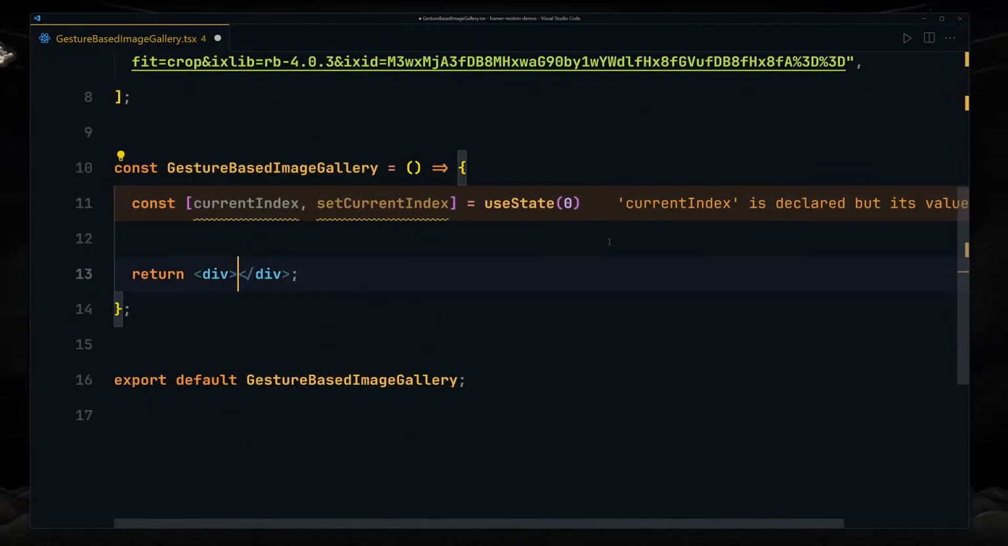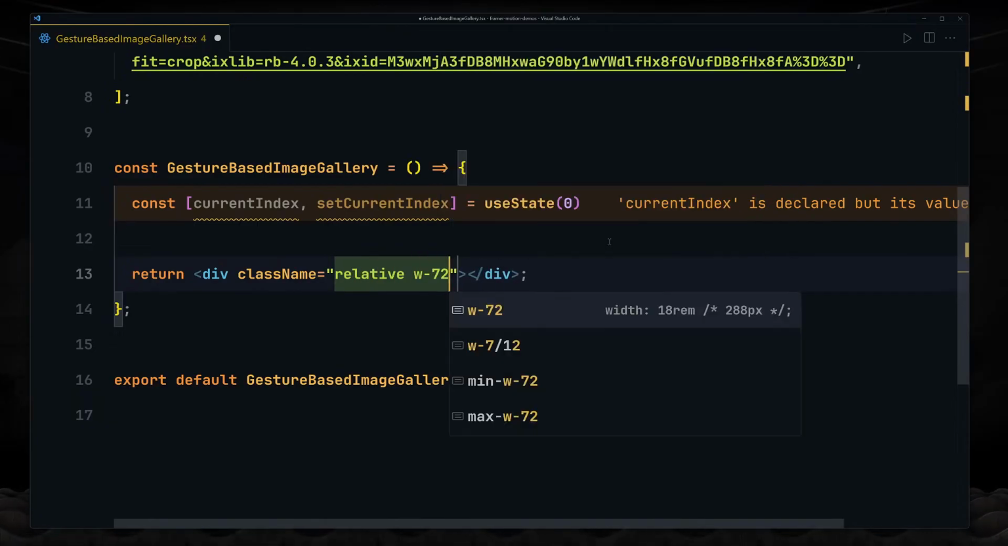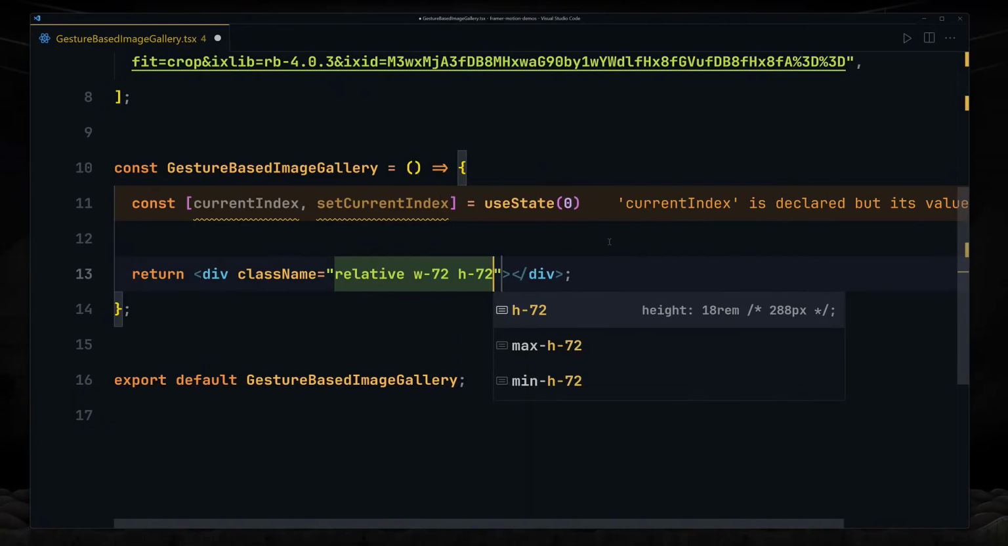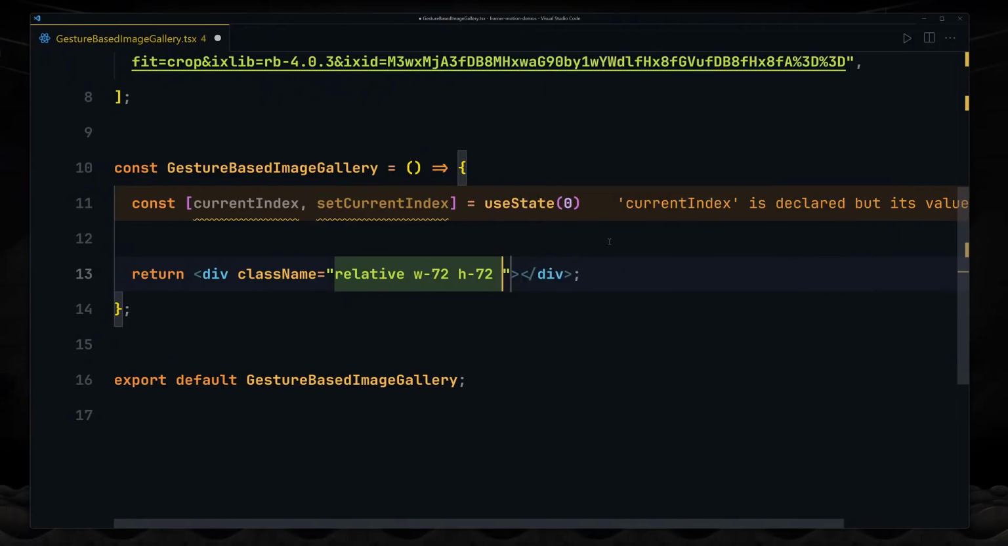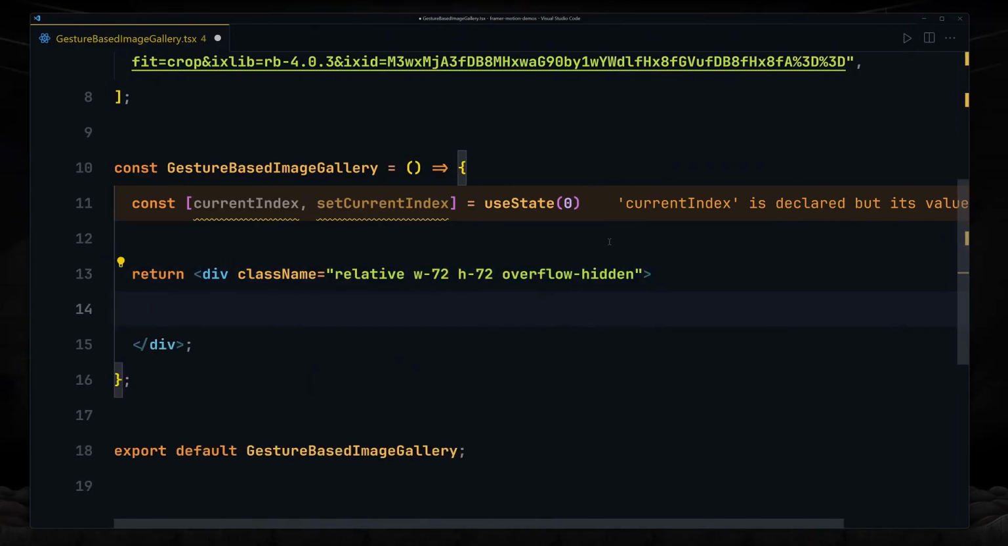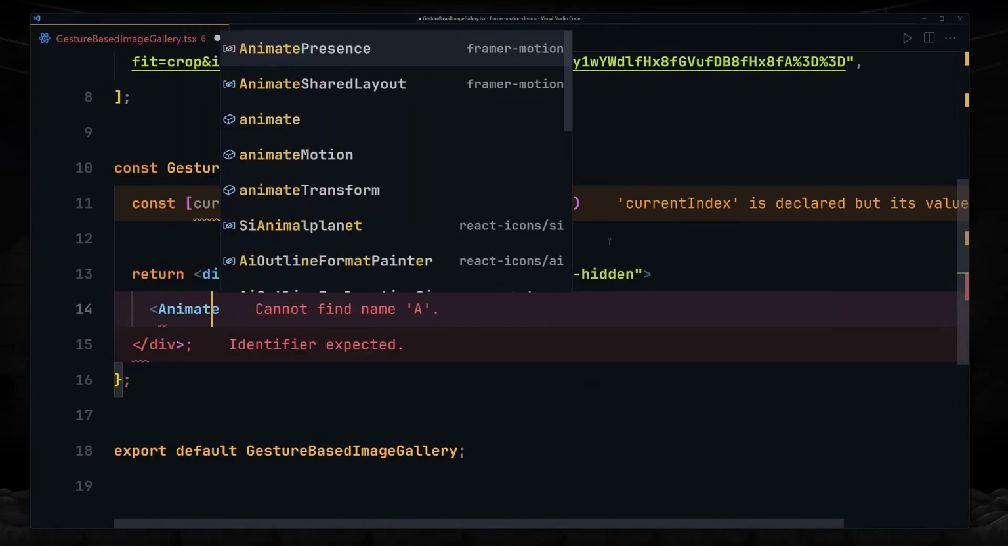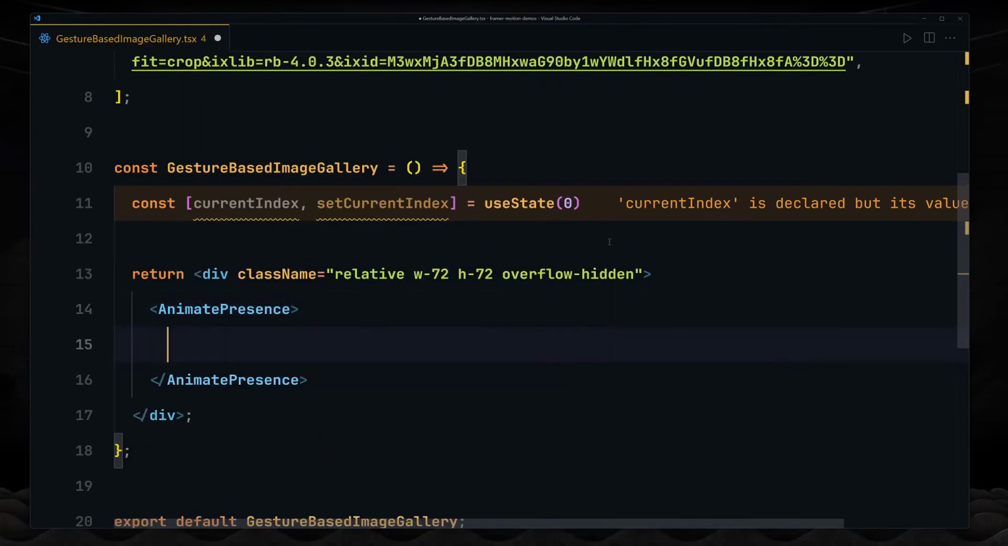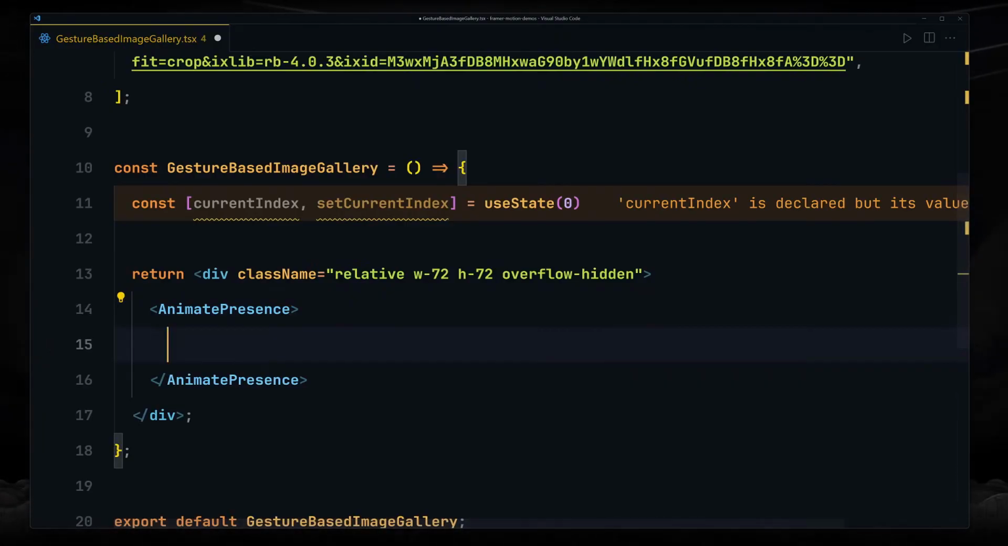Now I'm going to go ahead and remove that from here and provide my className. First of all, we are going to be providing the relative class. Width will be set to 72, the height will be set to 72 once again, and overflow will be set to totally hidden. Inside there, what do we have to do? We have to create our AnimatePresence for the smooth transition. So I'll use AnimatePresence and close it, and inside this AnimatePresence we are going to be defining